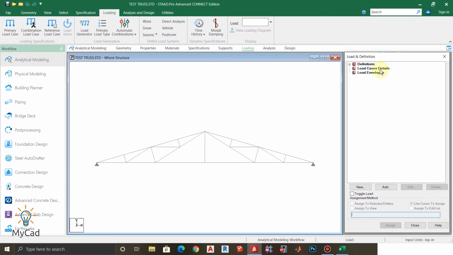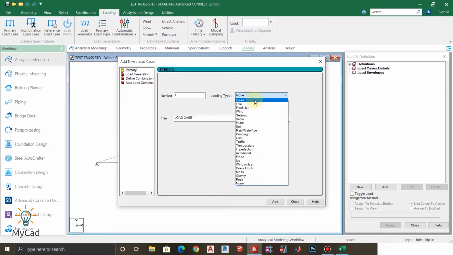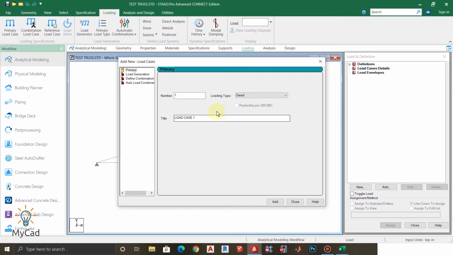So first I have to create one load case. So first I'll select the load case details option and click on add, and from here you can see one new window appearing, and from the loading type I'll select dead load, as we are applying dead load here, and name it as DEAD LOAD, and click on add.